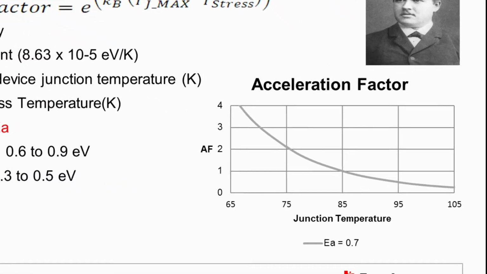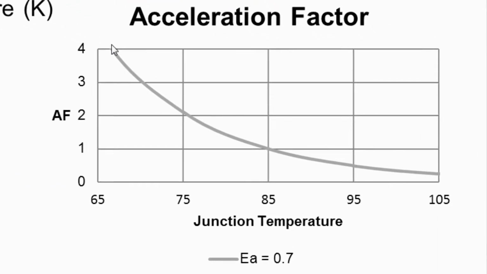And what you do is you can plug that into his equation, and what you find is for every 10 degrees C that the temperature rises, you will see that you are twice as likely to get one of these defects, or you're twice as likely to get a failure. So basically, for every 10 degrees C rise, you're twice as likely for your component to fail.